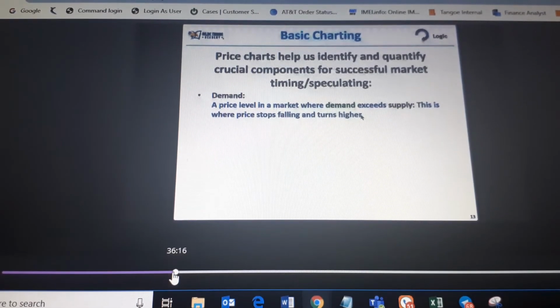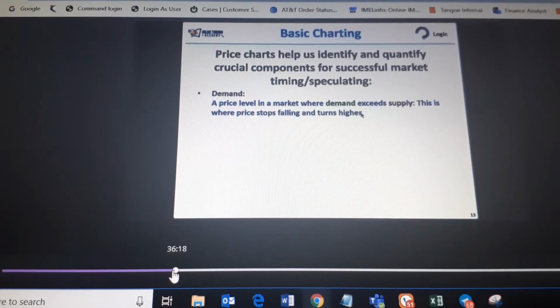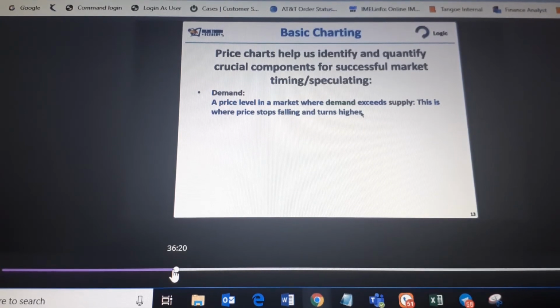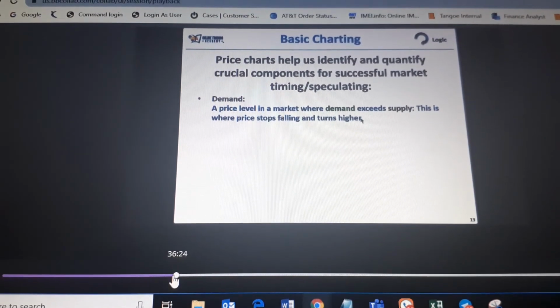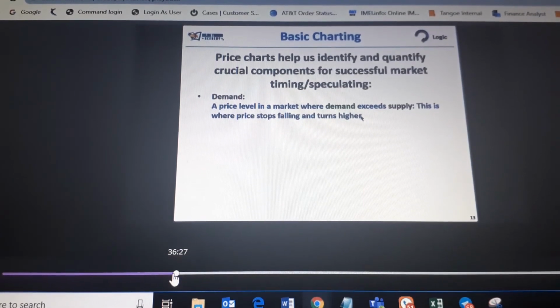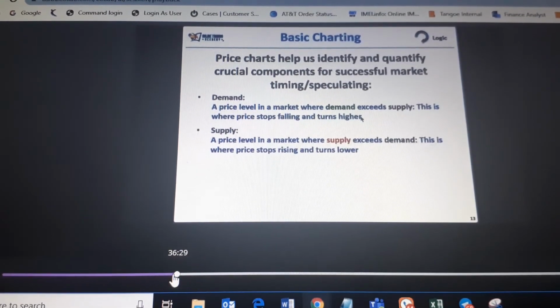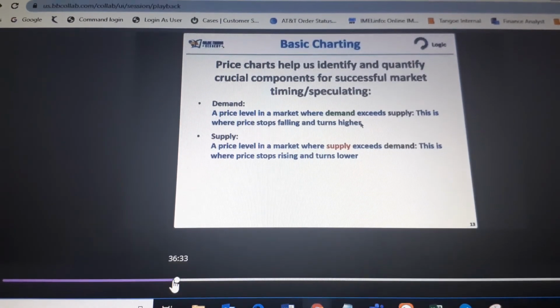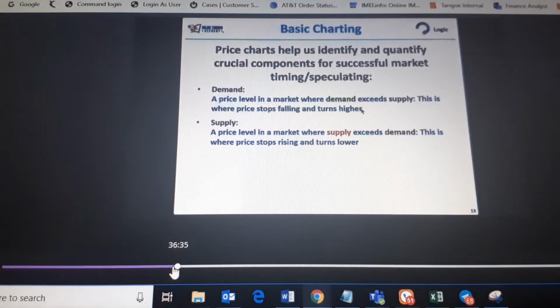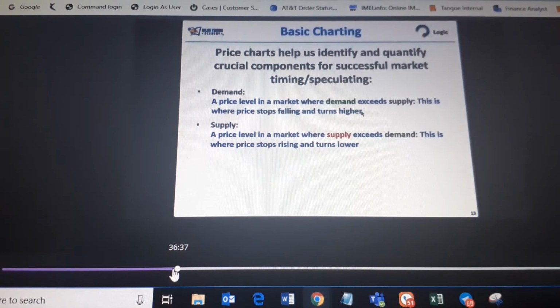Similarly, if we come into the month of July or June, at the end of June, there is less demand and more supply. So the price becomes lesser. Okay, so similarly, these areas are available on a price chart, but we are going to see how to find out those demand and supply zones in the coming session.